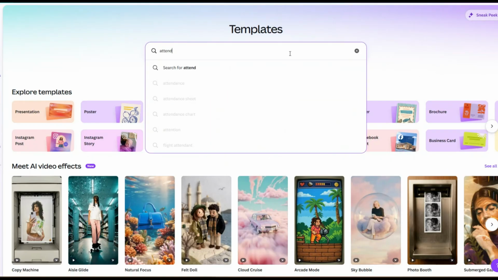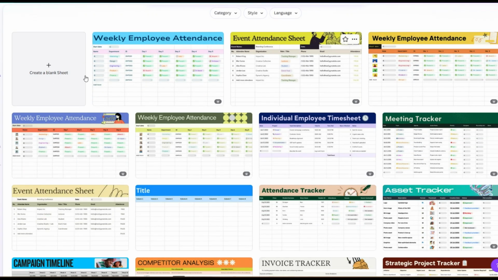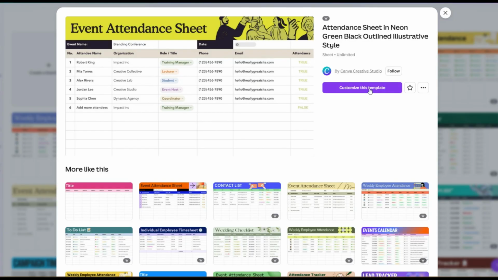First, I'll go to the search bar on the home screen and type in attendance sheet to see what templates are available. I can scroll through a wide variety of designs, including weekly employee logs, meeting trackers, and event sheets. I like the look of this event attendance sheet, so I'll click on it and select Customize this template to